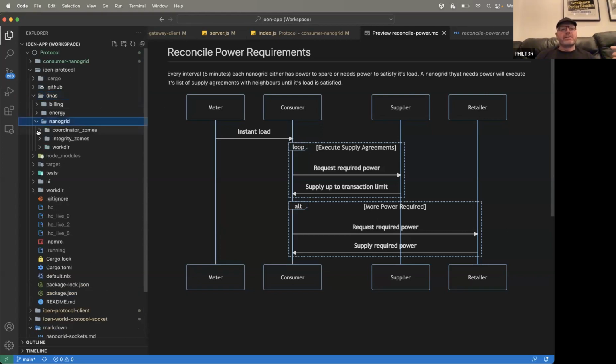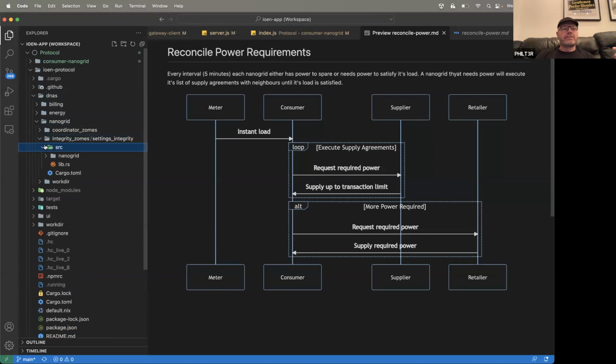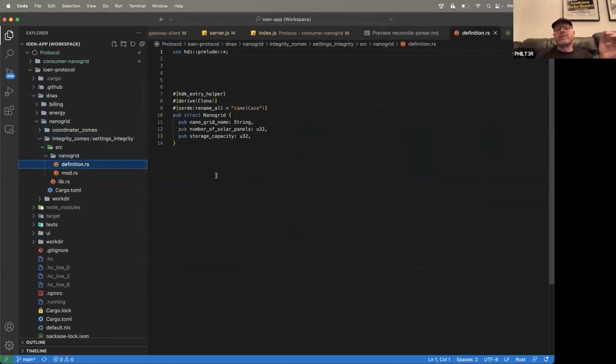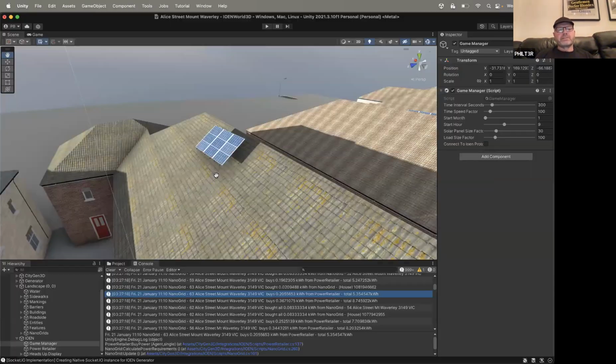So you essentially have nanogrid, which is just some settings about the nanogrid, because at the moment, even though we're using Unity to do these things and setting values in here, when we go to the Holochain version, we want to actually store those values in Holochain so that when we make this into a live running WebGL app that can run on the Holo network, then, well,